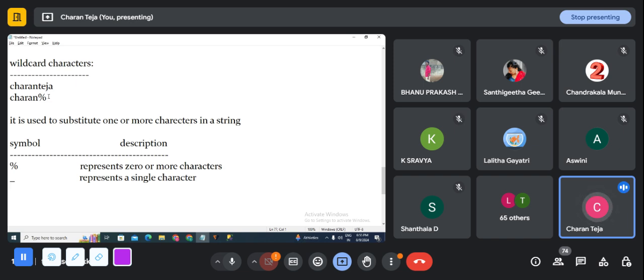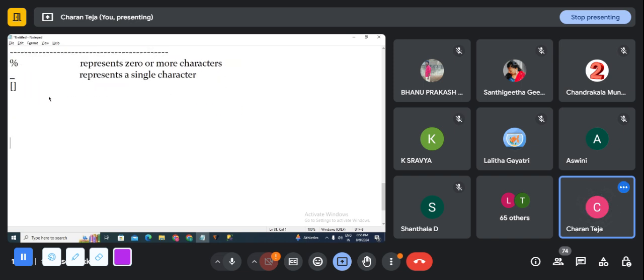We can also implement this one in SSMS. What is this symbol? I just open the square bracket and close the square bracket. It will represent the